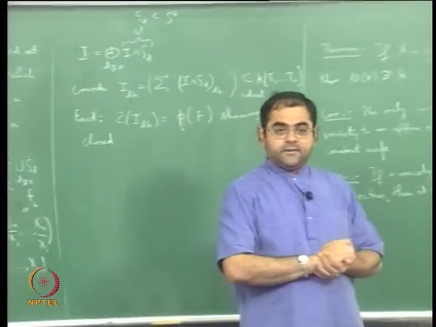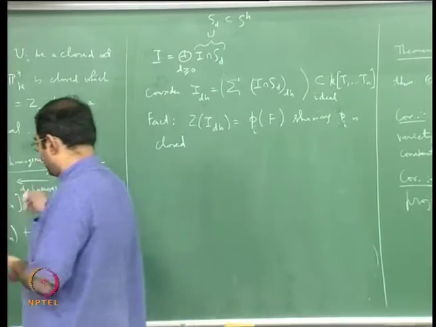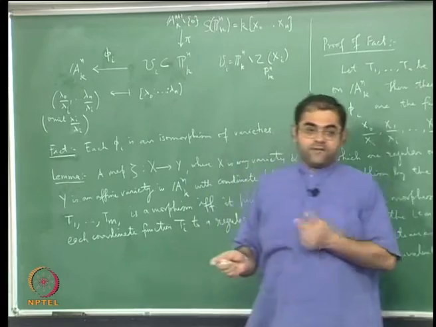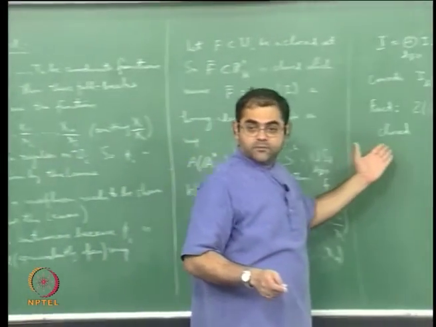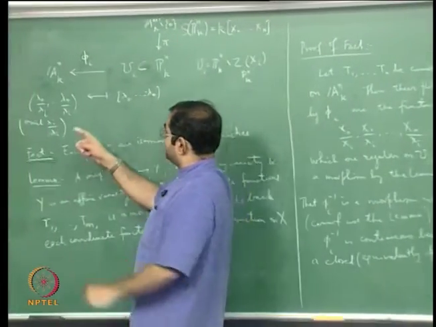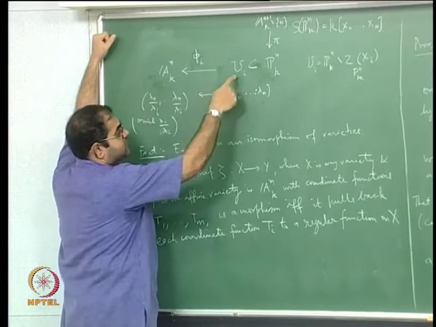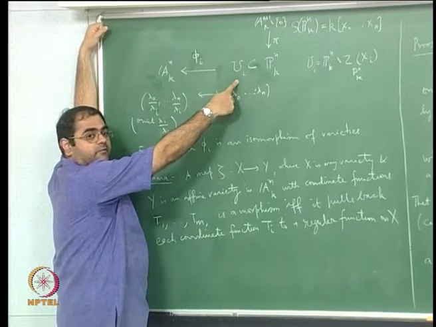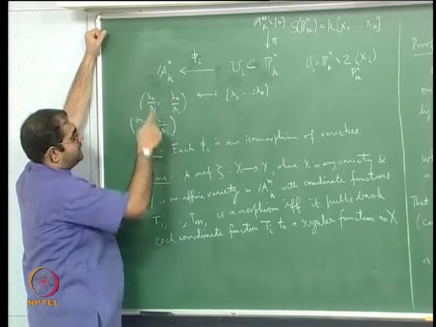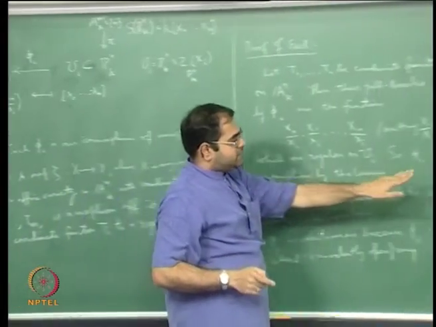And since I have written down all this, it's also easy to say why phi inverse is closed, and that is also easy to check in the same way. What I'll have to do is start with a closed set here and show its image under phi inverse is a closed set there. And what will I do? It's very simple. A closed set here is given by an ideal in T1, etc., Tn, and then I take this ideal in T1, etc., Tn